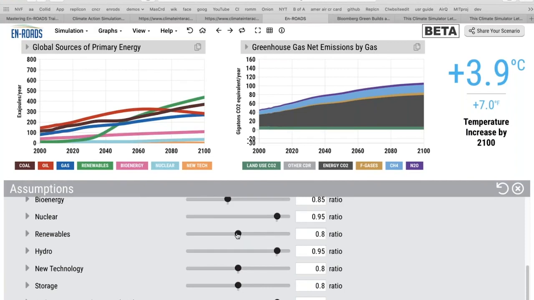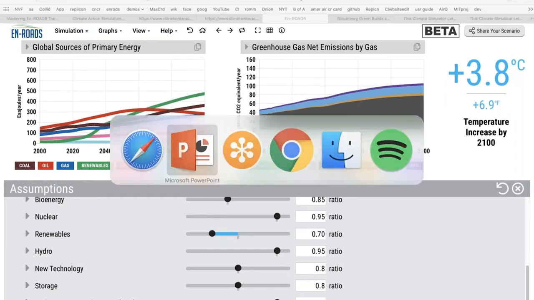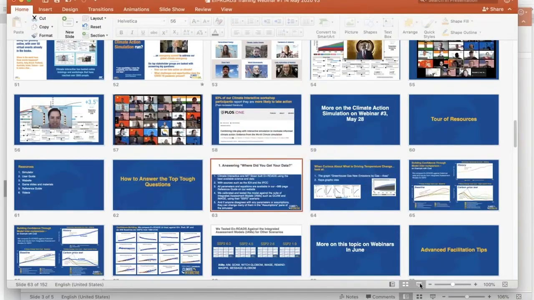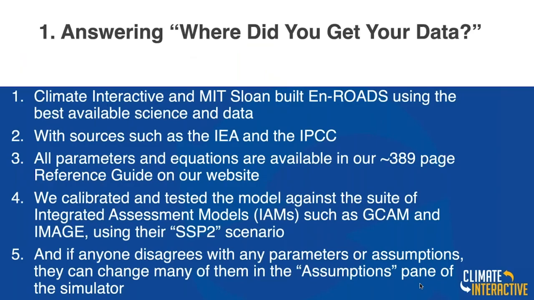What if it improves 30%? Watch, if I change this down to 0.7, you can see that renewables in green is changing. It grows a little faster, it keeps a little more coal in the ground, and temperature goes down to 3.8, not 3.9. My point is, if people don't like the results, they can explore a little bit of real-time sensitivity testing. So this is the one thing you should just memorize.